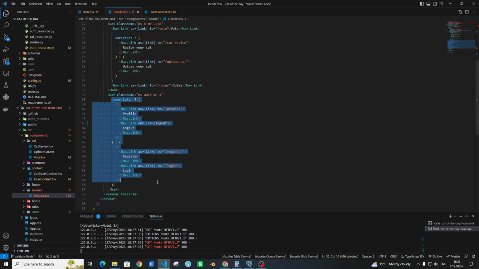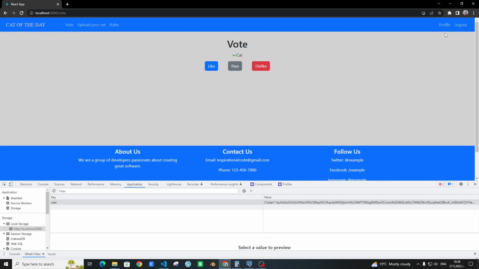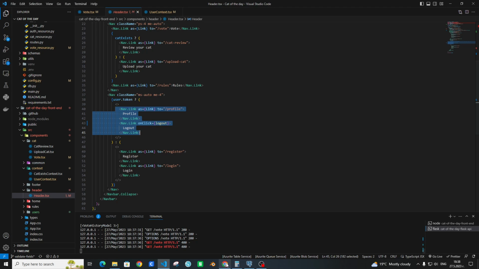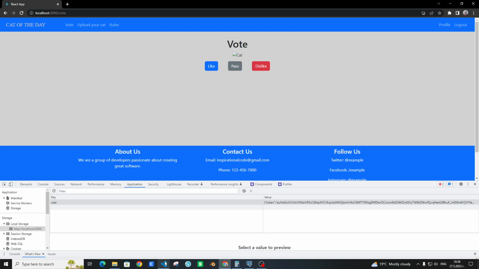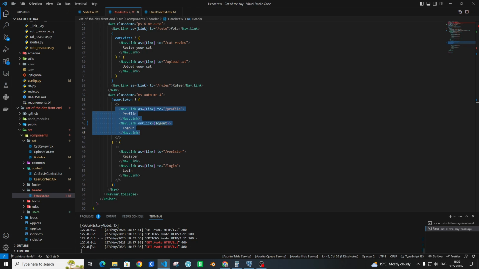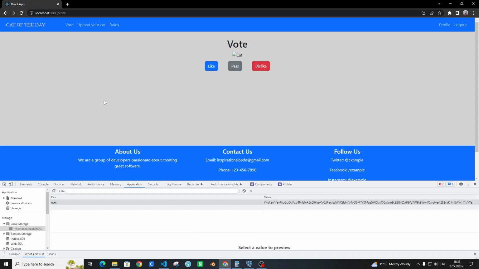If the user has token, it will show up the profile and logout. But actually it does not show. So yes, the state of the context is correct, but still I received error 400 here on the backend.